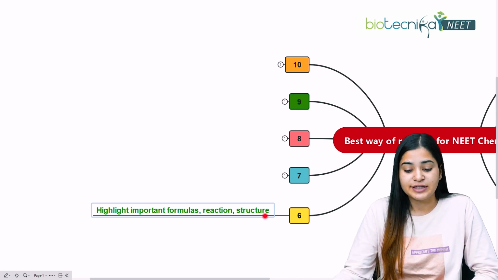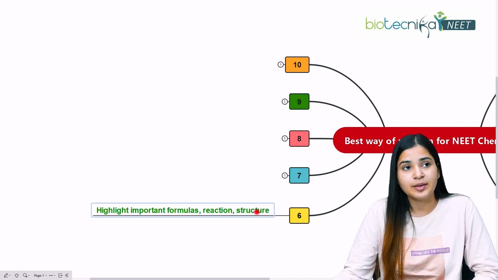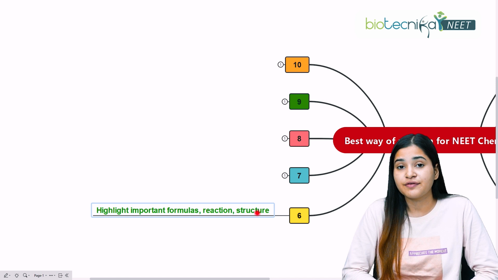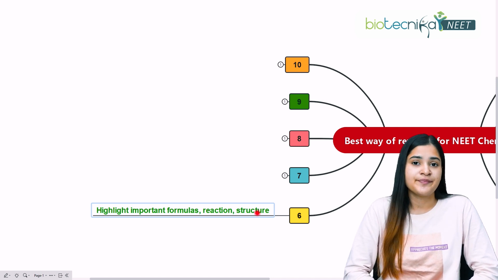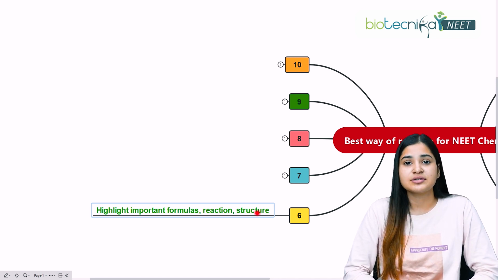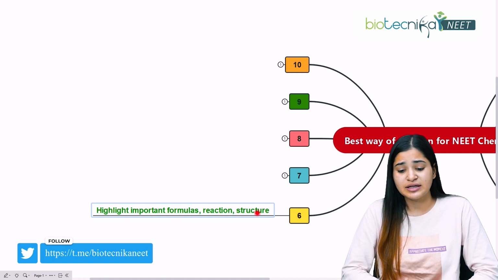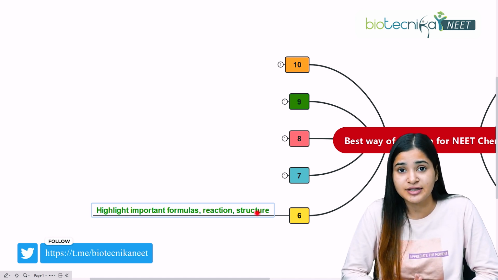Okay, now the structure is very important, especially if you are referring to the organic section. All the structures, their IUPAC name, their common name, the reactions, how they are formed, what the conversion reactions are, substitution reactions, what the steric hindrance is, what types of reactions are occurring, everything. You should highlight the important